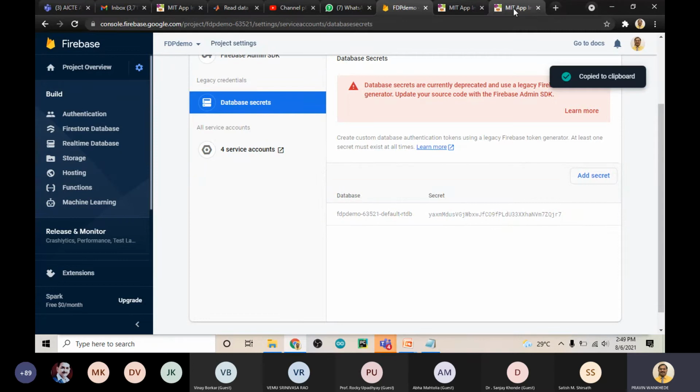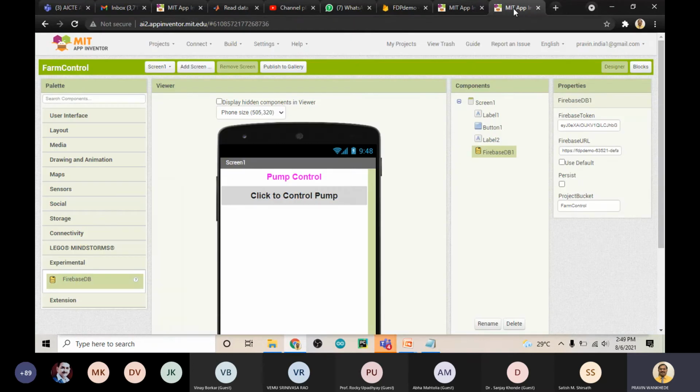Again go to MIT App Inventor, delete whatever keys are there, and paste here. So we are done with the token, Firebase, and project bucket. This time the project bucket name is farm control. Fine. Now go to the blocks.